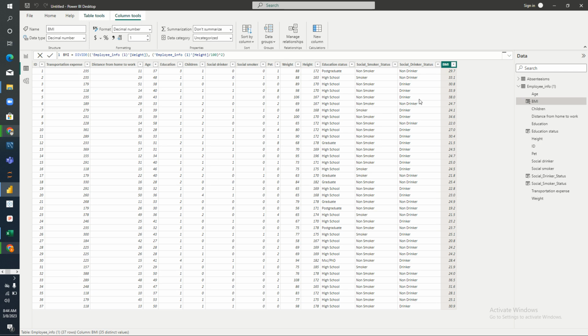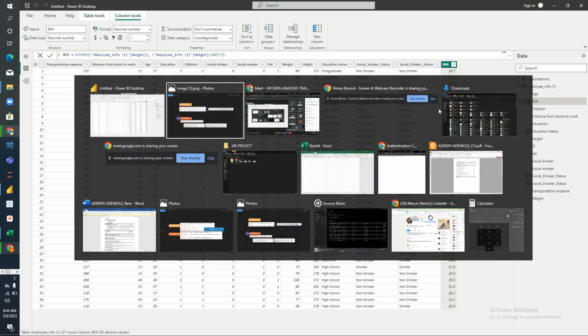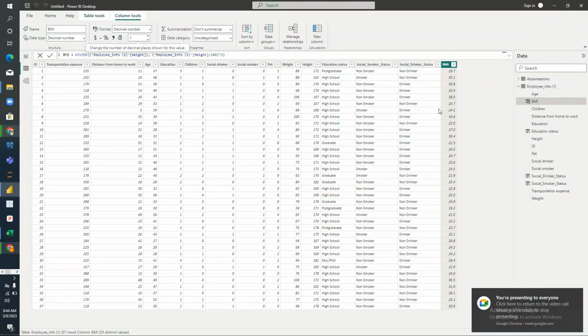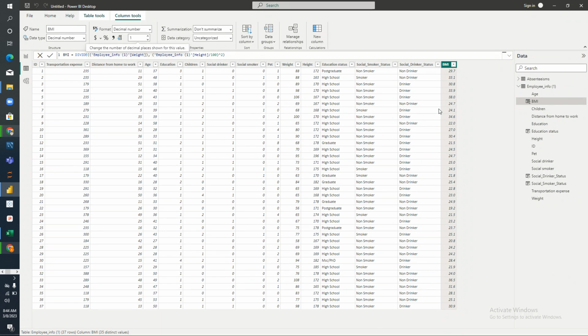BMI. Now, me just saying, okay, what is my BMI? I'm telling you my BMI is 29.7. Okay, so we still need to confirm if the person is overweight, normal weight, or obese. Yeah. So to do that also,